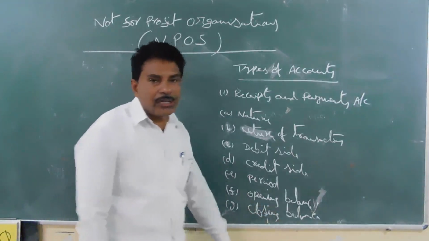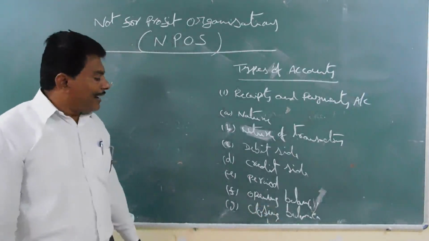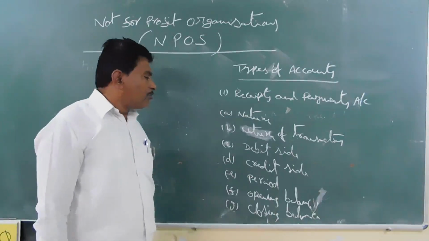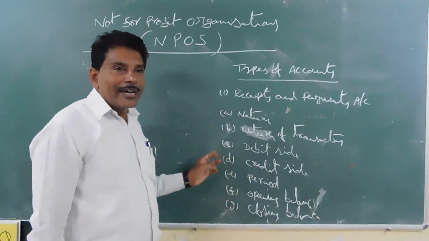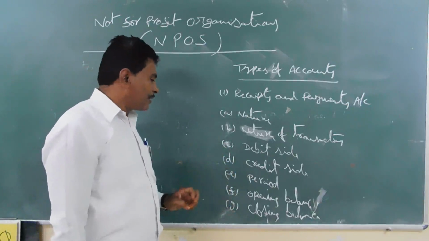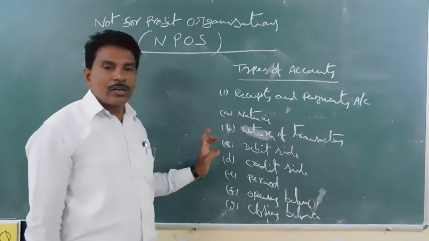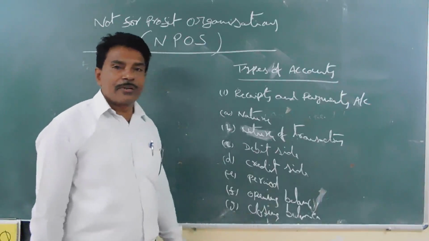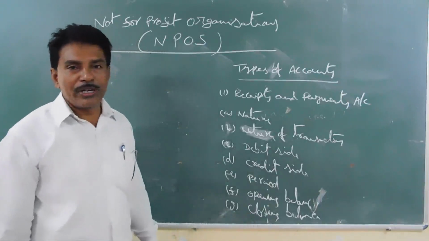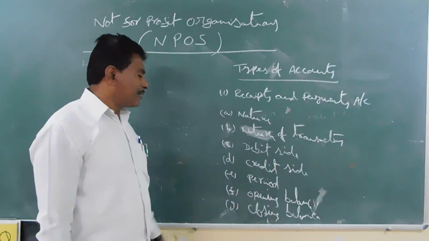It starts with the opening balance and ends with the closing balance. Opening balance refers to the cash in hand and cash at the bank in the beginning. This opening balance is to be shown as the first item on the debit side. Similarly, closing balance of cash in hand and cash at the bank are to be taken to the credit side